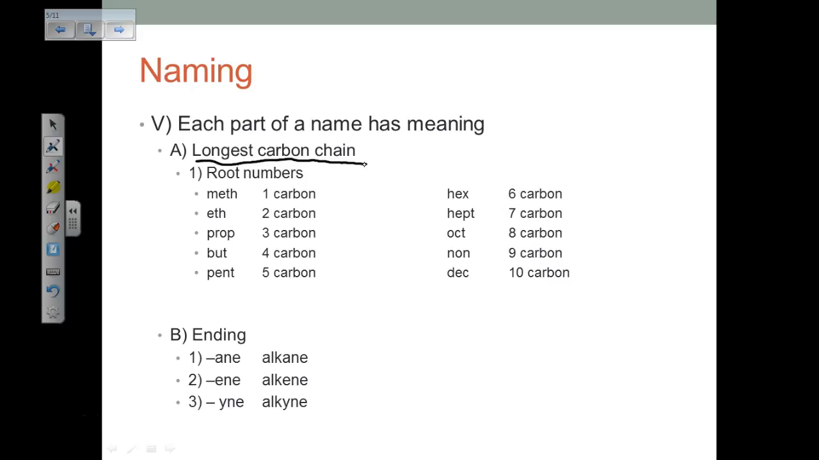Now, if we're going to do that, we also need to have some things committed to memory. And the things that we have to have committed to memory are the numbers that correspond to the longest carbon chain. So if you have a carbon chain that's only one carbon long, that prefix is meth. If it's 2, it's eth. Prop is 3, like propane. Propane is 3 carbons long,